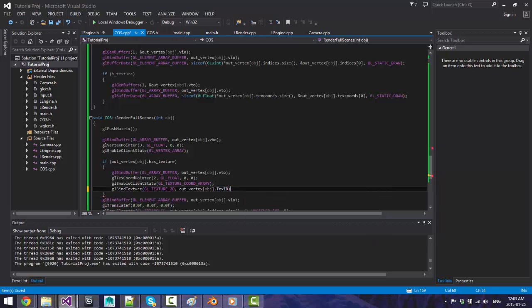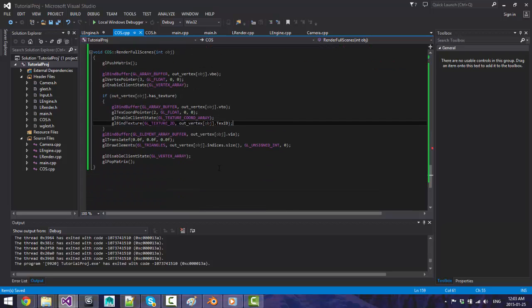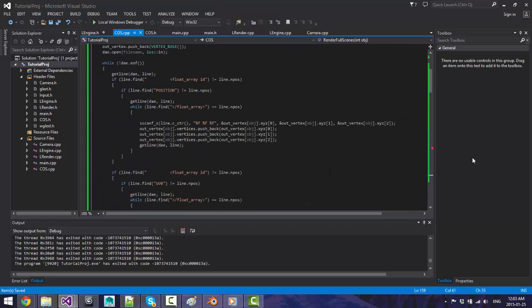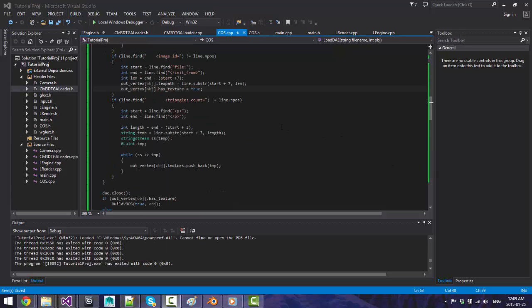So once we get that, we're pretty much set. Now I'm just gonna set up my texture loader, so I'll pause it, save. Get back, so I got my texture thing loaded. So what I need to do now